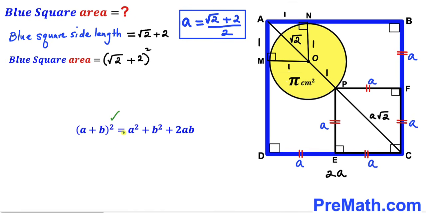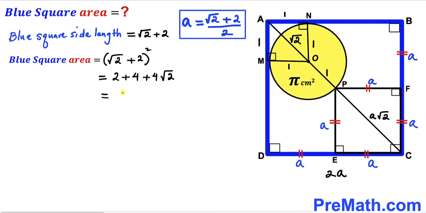And now let's recall this famous identity. A plus b whole square could be written as a square plus b square plus 2 times ab. And we are going to apply this identity on the right hand side of this equation. So therefore this is going to become 2 plus 4 plus 4 times square root of 2. And if we simplify this, that is going to give us 6 plus 4 times square root of 2